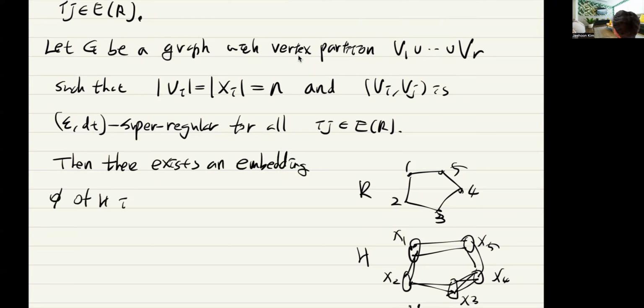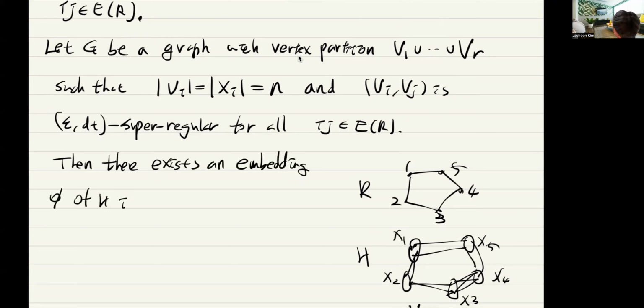One is that this partition, I mean, X1 to Xr and P1 to Pr, we assume that they are equipartitions, but it does not have to be. So as long as each set has